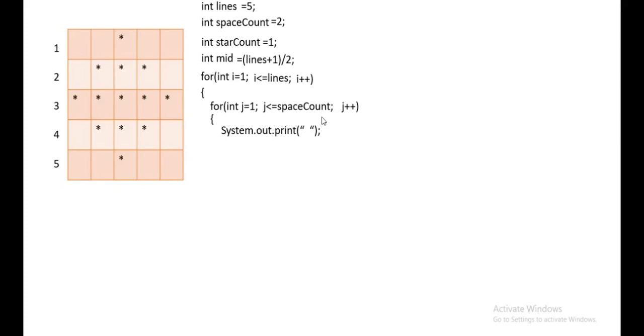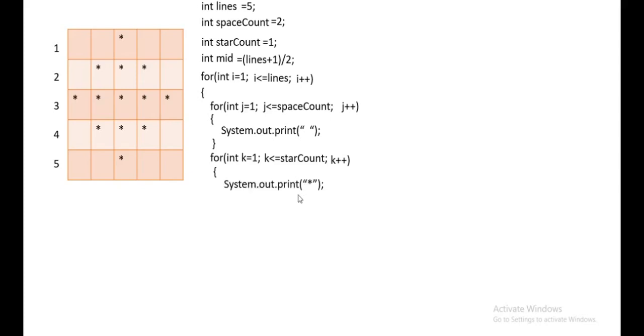Why we use System.out.print instead of System.out.println is discussed in my previous video. So check that video if you don't know the difference between these two statements. Then the star should be printed after the space, so we use another for loop for the stars. We define a condition that starts from 1 and goes up to the star count variable, and each time we increment k, for printing these stars one after another on the same line. Then we print a star inside this for loop.